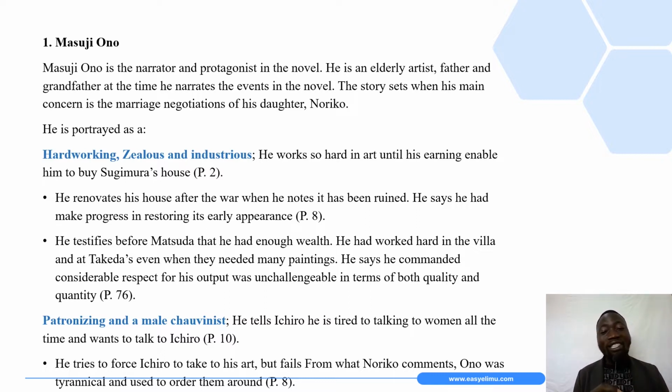He renovates his house after the war when he notes it has been ruined. He says he had made progress in restoring its early appearance. Another thing is that he testifies before Matsuda that he had enough wealth, and that he had worked hard in the villa and at Takeda's, even when they needed many paintings. He says he commanded considerable respect for his output, was unchallengeable in terms of both quality and quantity, meaning that he could work very fast and still produce